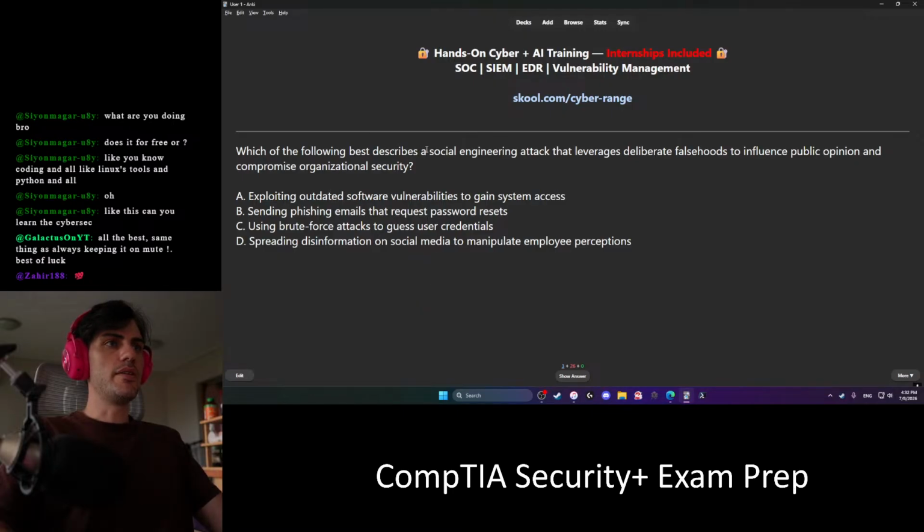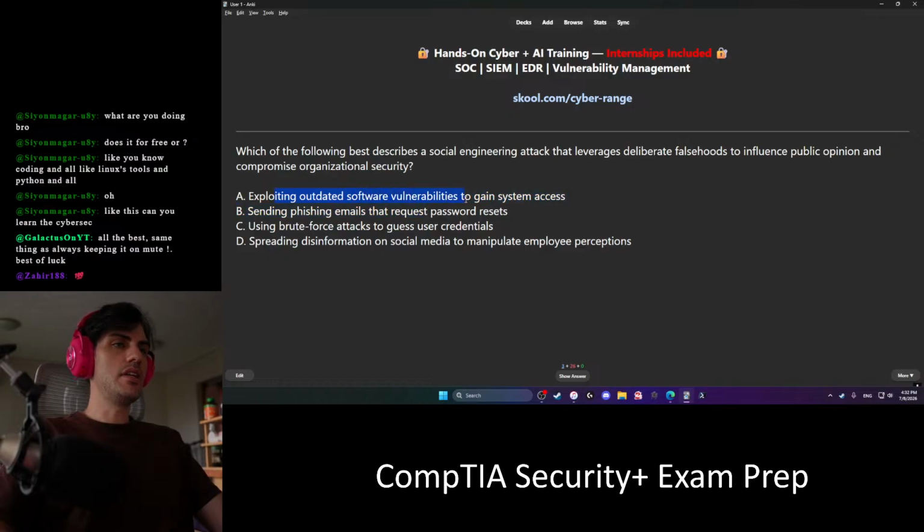Following best describes social engineering attack that leverages deliberate falsehoods to influence public opinion and compromise organizational security. Whoa. Spreading disinformation on social media to meet employee perceptions. Exploiting outdated software vulnerabilities to gain system access.